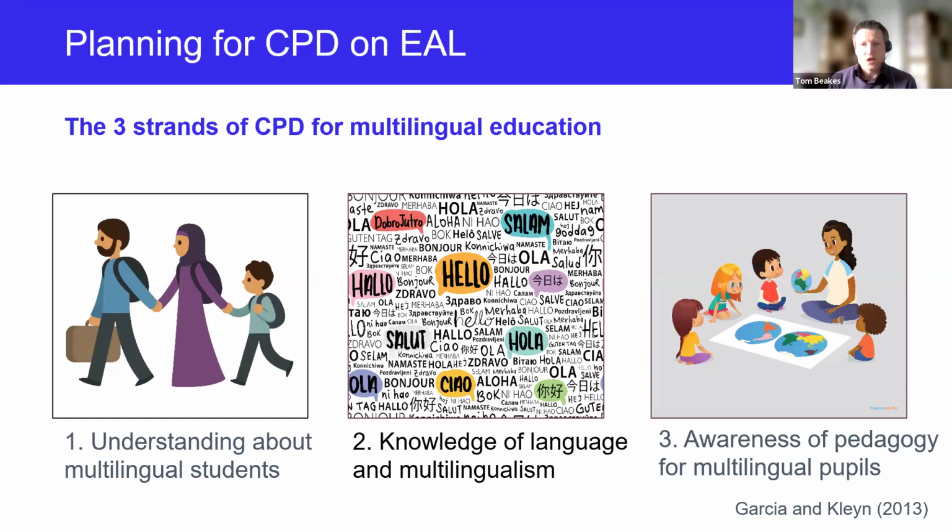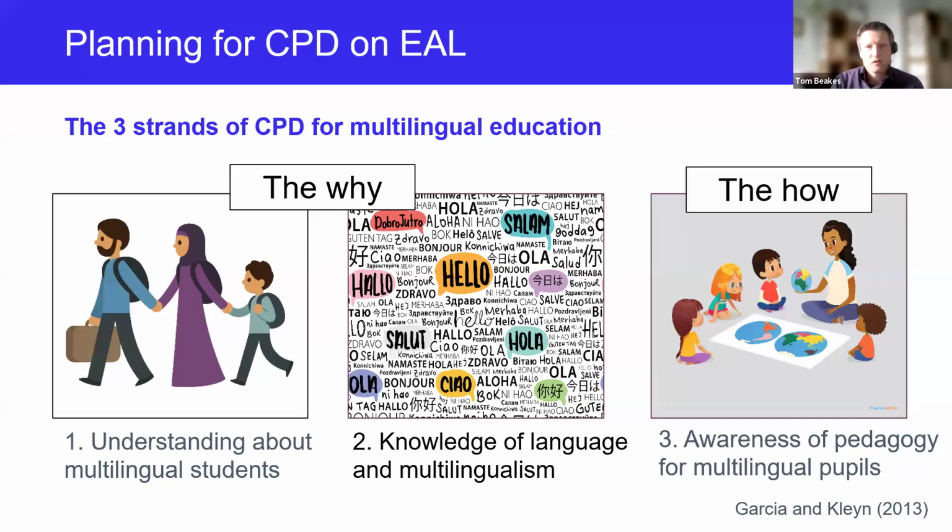All right. So we can think of these three in two groups. We can think of the first set of strands as the why. This is the reason why these strategies are important. And the third strand is all about the how. And whilst it's very tempting to focus on the how side of things and just give ideas, give strategies, give that practical information that teachers need and want,